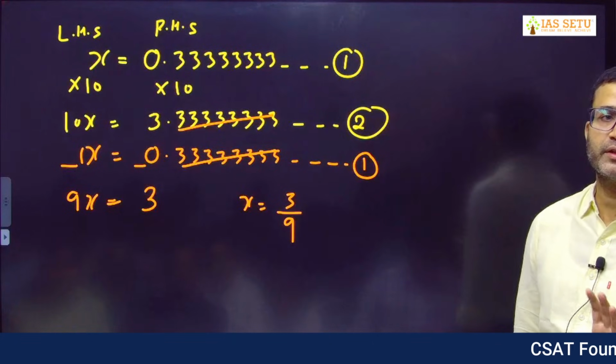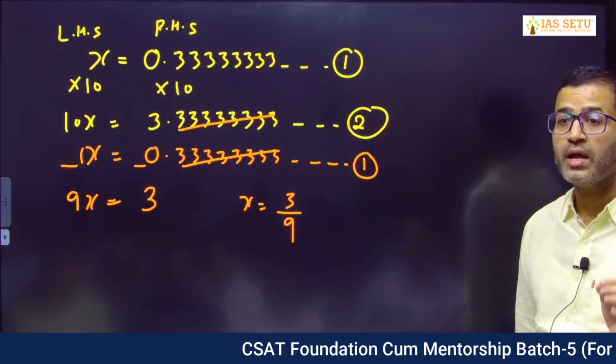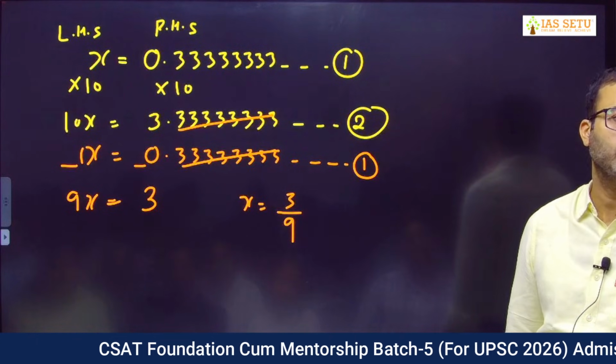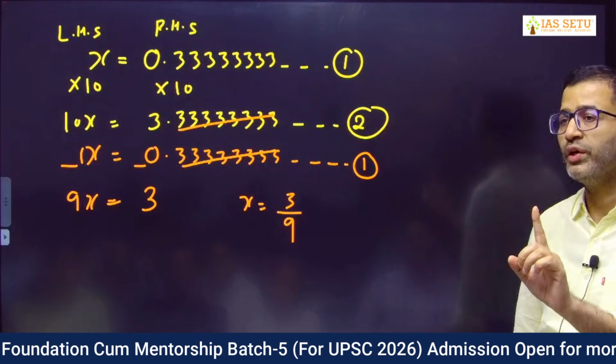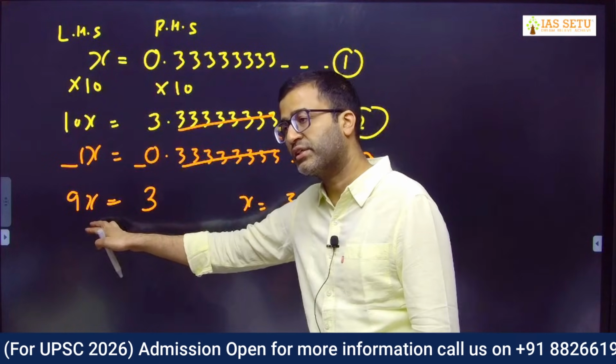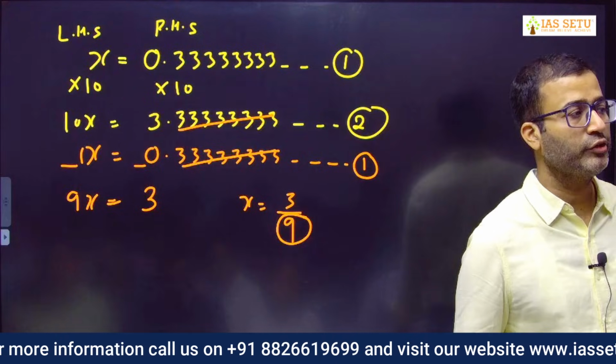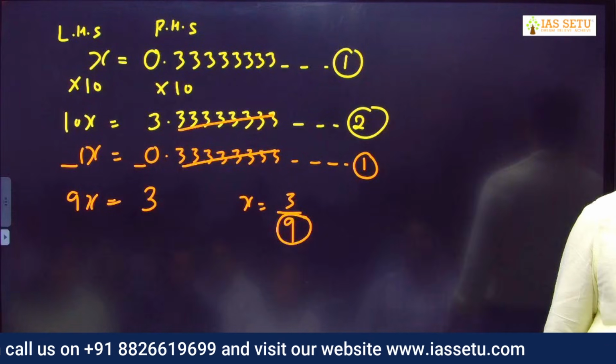But I don't prefer this method. I know it is time consuming. For this simple question, it takes nearly 2 minutes. And believe me, this question we can solve in 2 seconds. But just to tell you one thing, are you getting 9 here? Why did it come? 10x minus 1x gives you 9x. Because when I teach you the shortcut and directly tell you that in the denominator there will be 9, 99, 999,